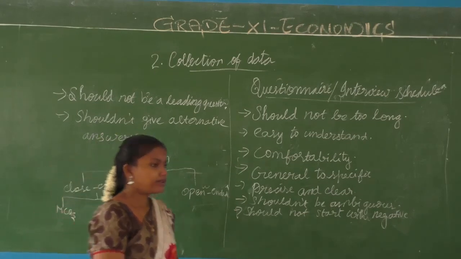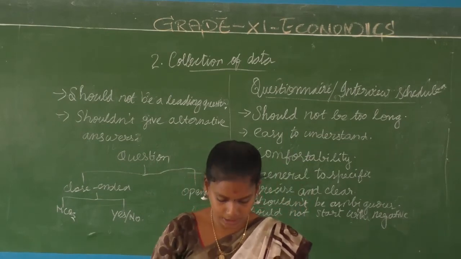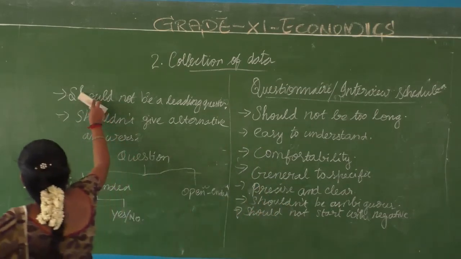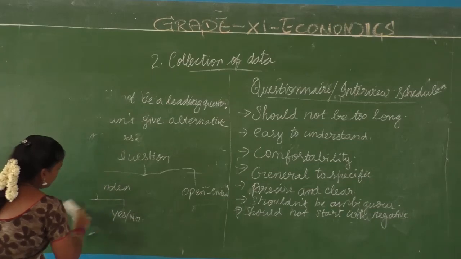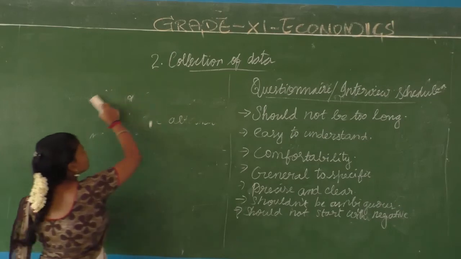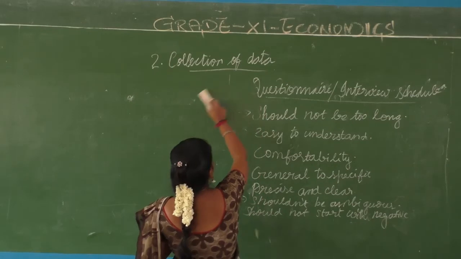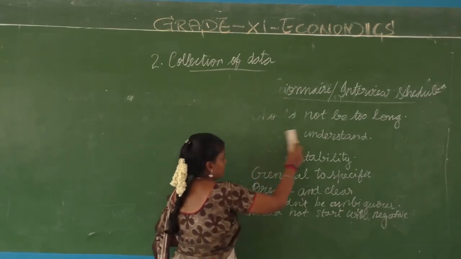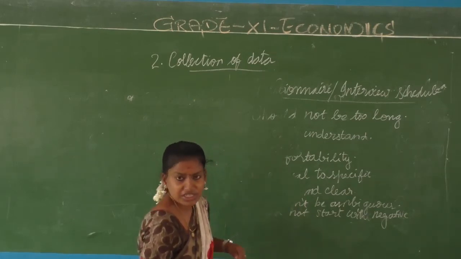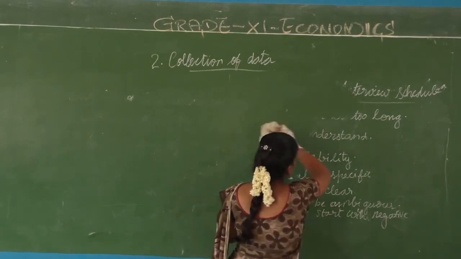Alright children, what are we going to do next? We are going to discuss about the modes of data collection. We are going to go very quickly for that particular topic because it's a very easy topic. So far what did we discuss? We discussed about collection of data. We discussed the sources of data. Then methods of collection of data. In that we spoke about questionnaire, right? We spoke about questionnaire, what are good questions, what are not good questions.